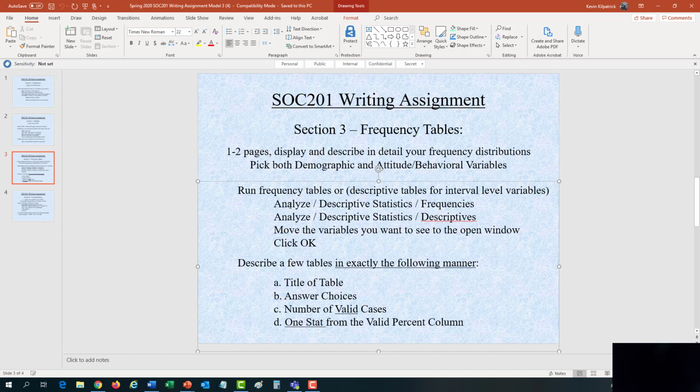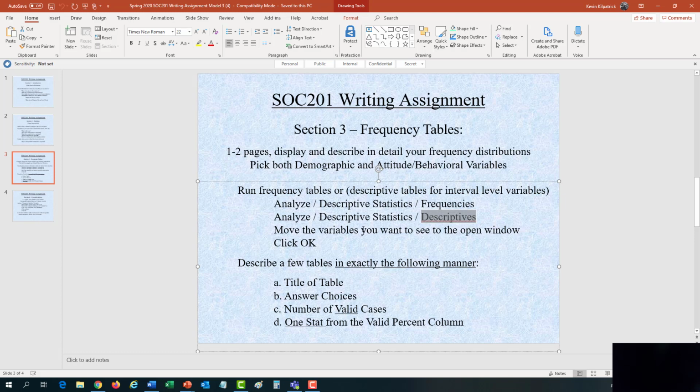In SPSS, Analyze, Descriptive Statistics, and Frequencies. That's how you pull up the frequency window. If you want to run a descriptive, Analyze, Descriptive Statistics, and Descriptives, that will bring up the descriptive window. In either case, just move whatever variables you want to see to the open window on the right and click